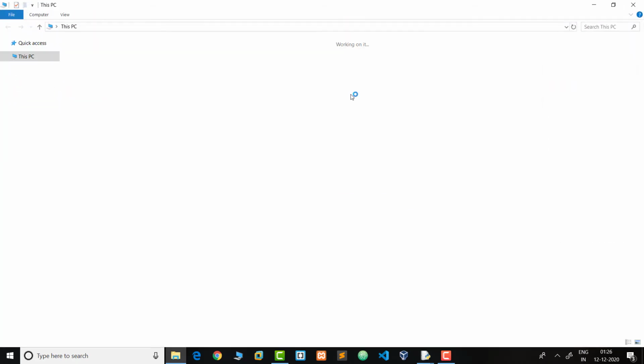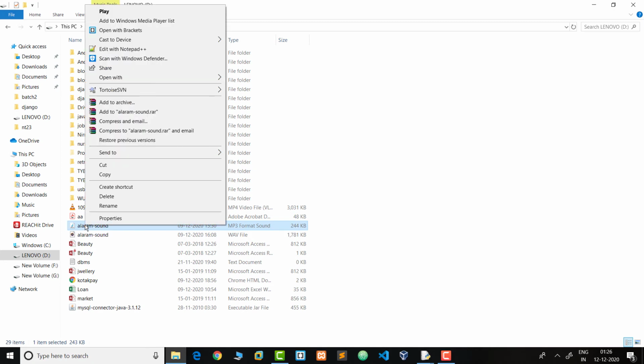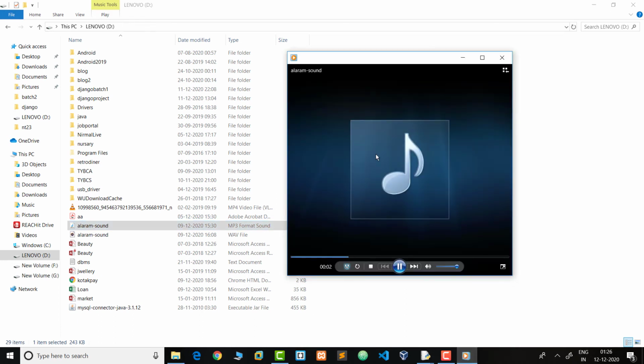So in my current drive there is one sound, the alarm sound, and now we open this sound. See, this is the alarm clock sound, and we are using this sound in our application.